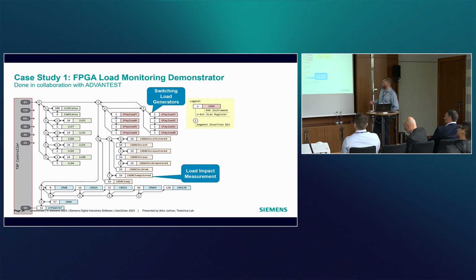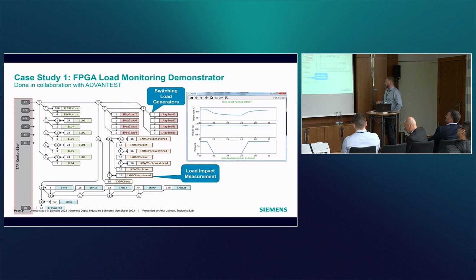And of course, the system level test could be executed at the same time as reading from the instruments using IJTAG. So it could be done completely in parallel. And obviously, the expected behavior was observed. When the payload, the switching load, was initially high, then low, then again high, the temperature was high, then lower, then high, and also the VCC reflected the same